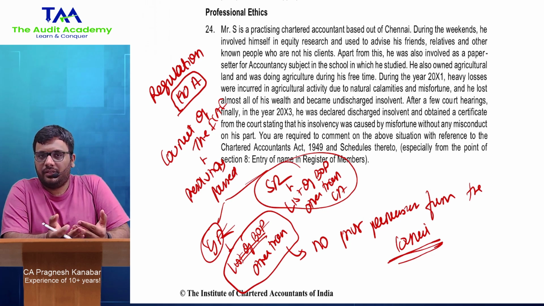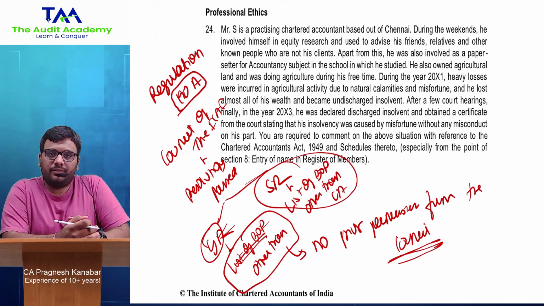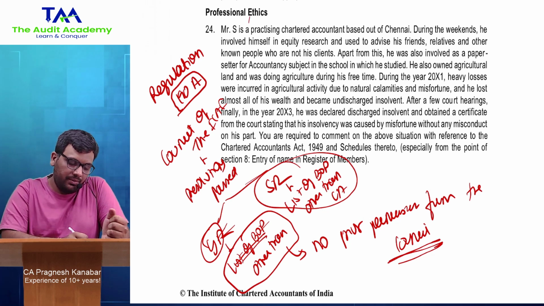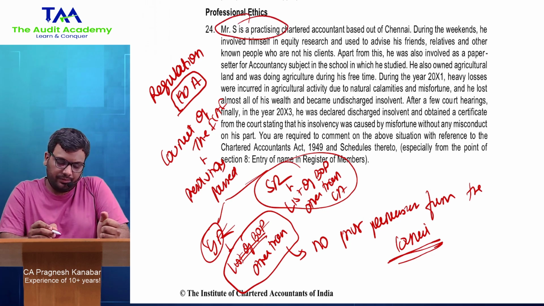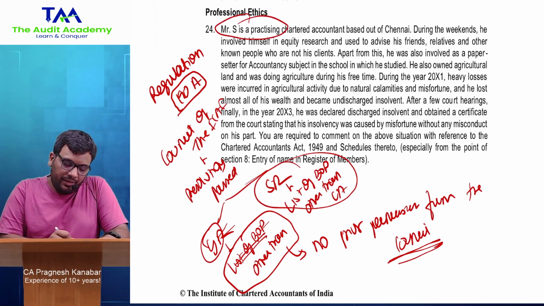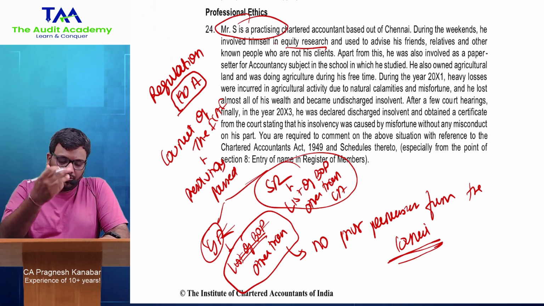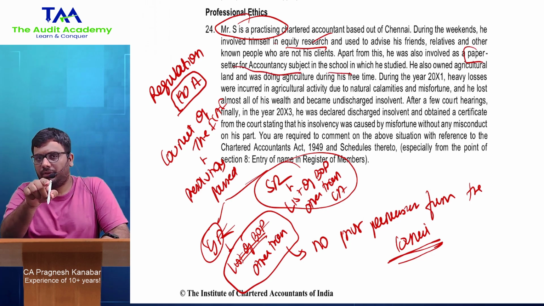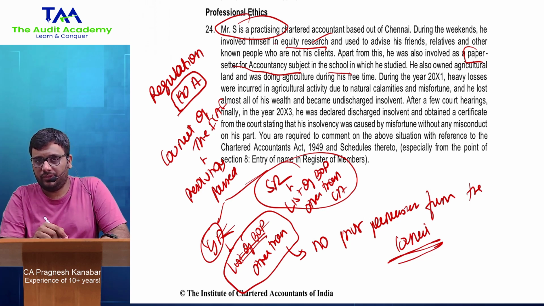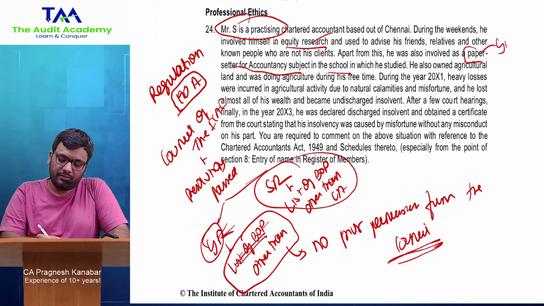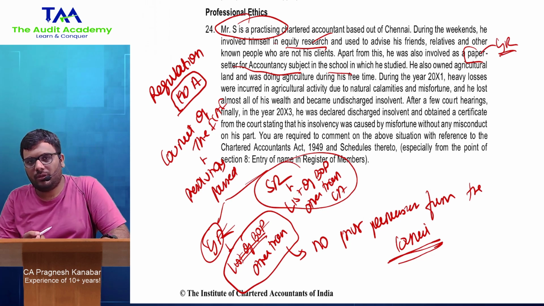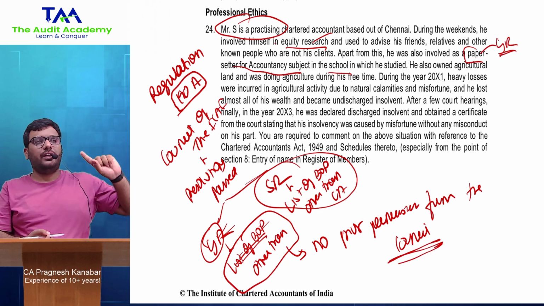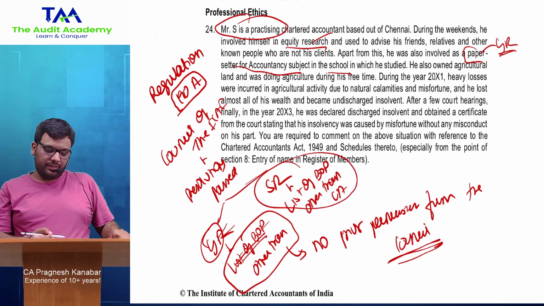फिर, ऑलराइट. बट ओवर हियर इन दिस केस मिस्टर एस हु इज अ प्रैक्टिसिंग चार्टर्ड अकाउंटेंट, वो वीकेंड्स में इक्विटी रिसर्च करता है, वो तो सीए प्रोफेशन का ही पार्ट है, नॉट अ प्रॉब्लम, ऑलराइट. पेपर सेटिंग करता है अकाउंटेंसी सब्जेक्ट का एक स्कूल के लिए. इट इज नॉट अ पार्ट ऑफ सीए प्रोफेशन, सीए प्रैक्टिसिंग सीए इज नॉट सपोज टू डू दिस, बट ये जनरल रेजोल्यूशन में है. अब वो 14 एक्टिविटीज का लिस्ट है, वो तो आपको बायट करना पड़ेगा, थोड़ा और डिटेल एक्सप्लेनेशन चाहिए तो आप मेरा प्रोफेशन एथिक्स का रिवीजन वीडियो देख सकते हो.